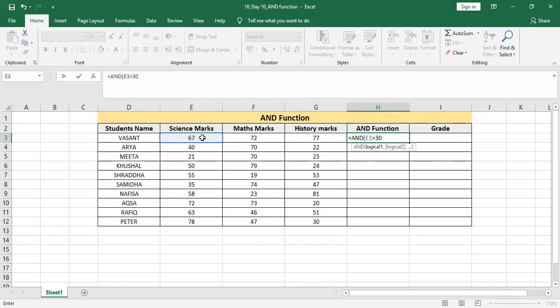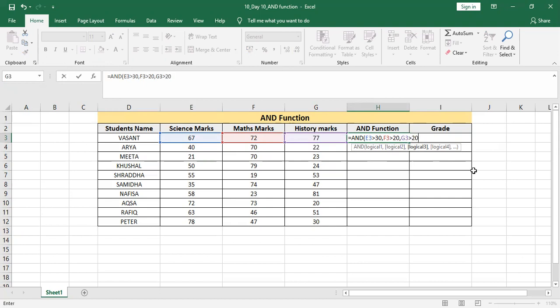Then comma, my student should obtain more than 20 marks in maths, and that's why I selected the F column, which shows the maths marks. Then for history marks, I'm going to choose this G column, and history marks should again be greater than 30, or we can simply say 20.